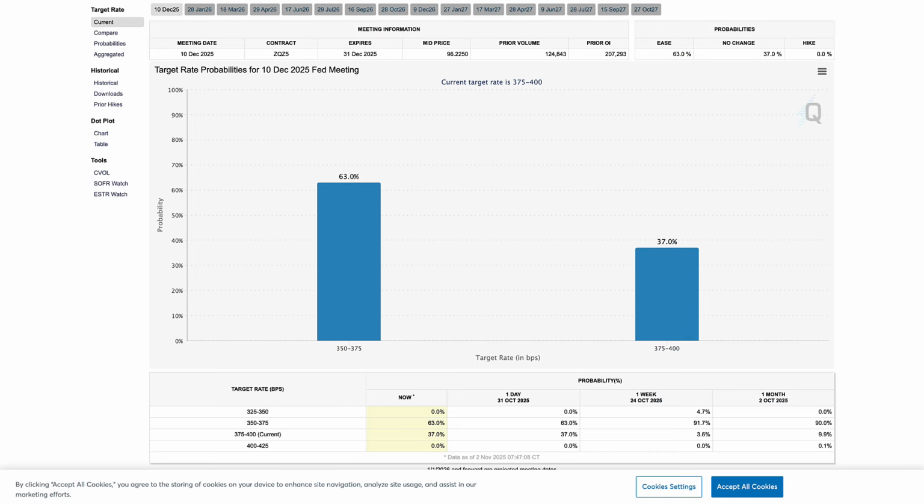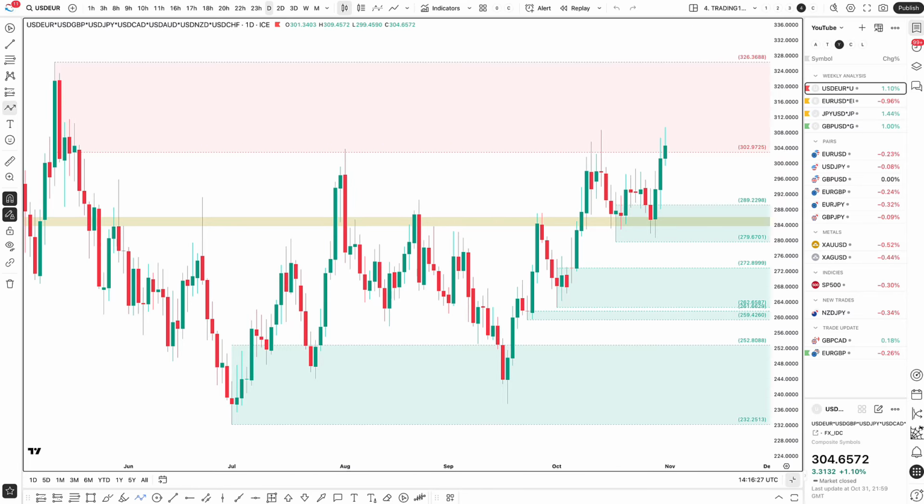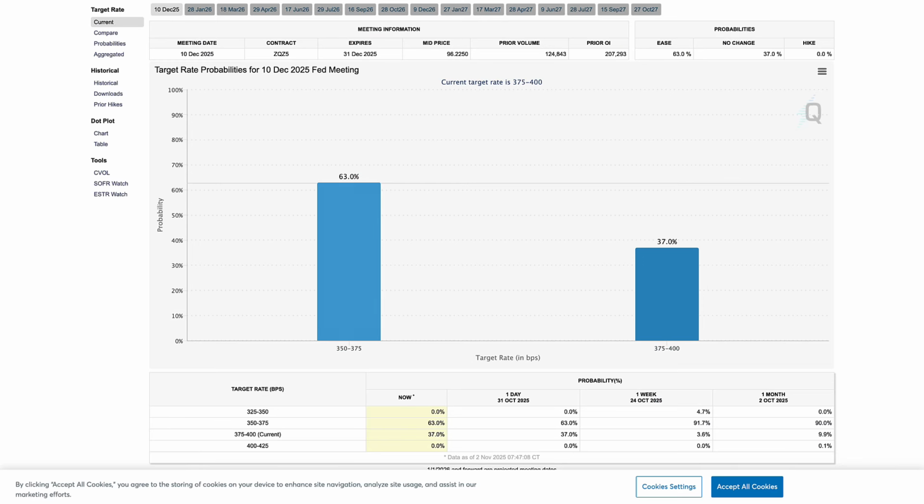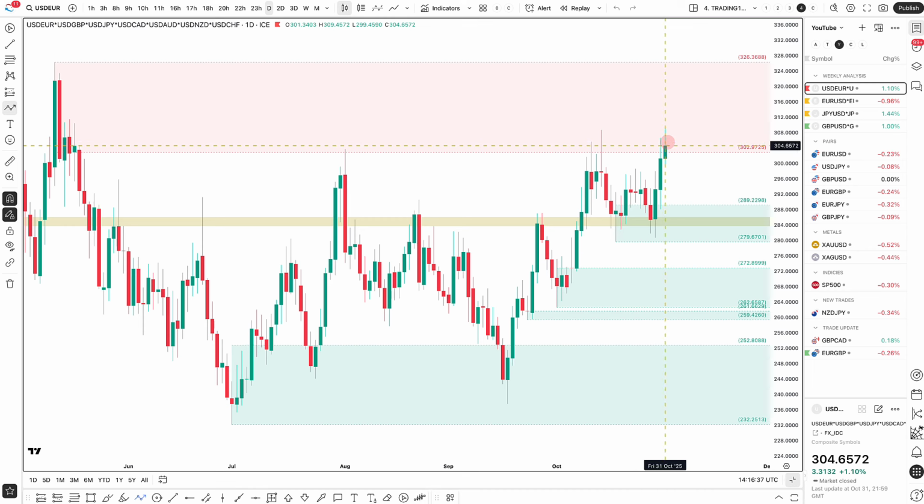But just remember that ultimately, once the market decides on which way the interest rates are likely to go, the probability could start to rise, and if it does, then you're likely to see the US dollar move to the downside. So if the market starts to price out the rate cuts and the probability goes down for a rate cut and up for a rate hold, then you're likely to see the dollar start to rise. But again, this is all dependent upon inflation and interest rate, and GDP data, right?